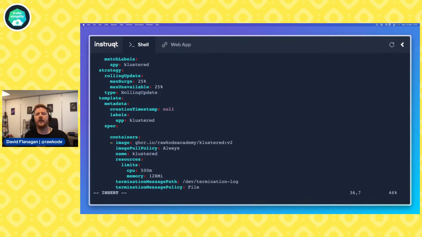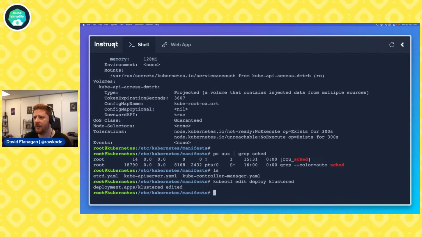There's one more field that we can add to a pod spec, and that is node name. We're going to save this as Kubernetes. Now, before I run get pods and go check for the image, I want to share one more thing.